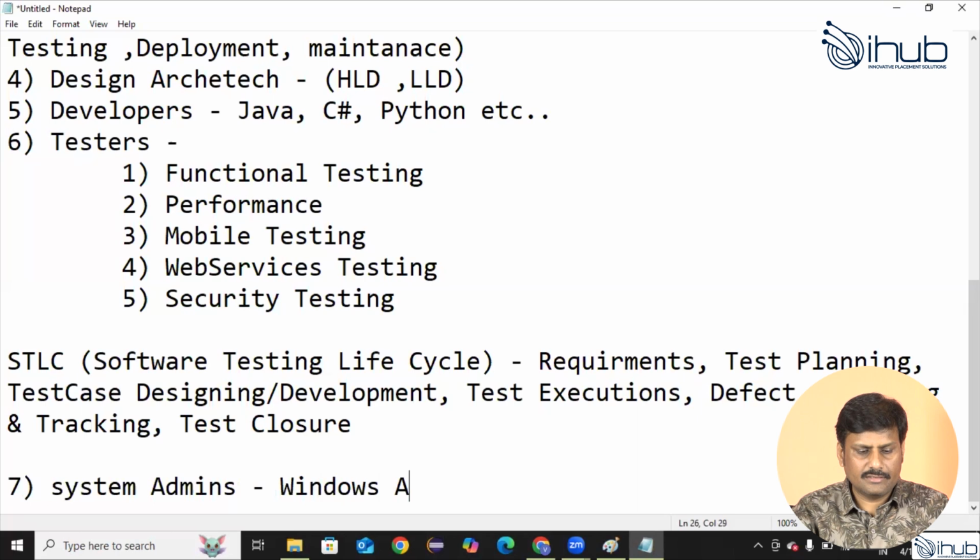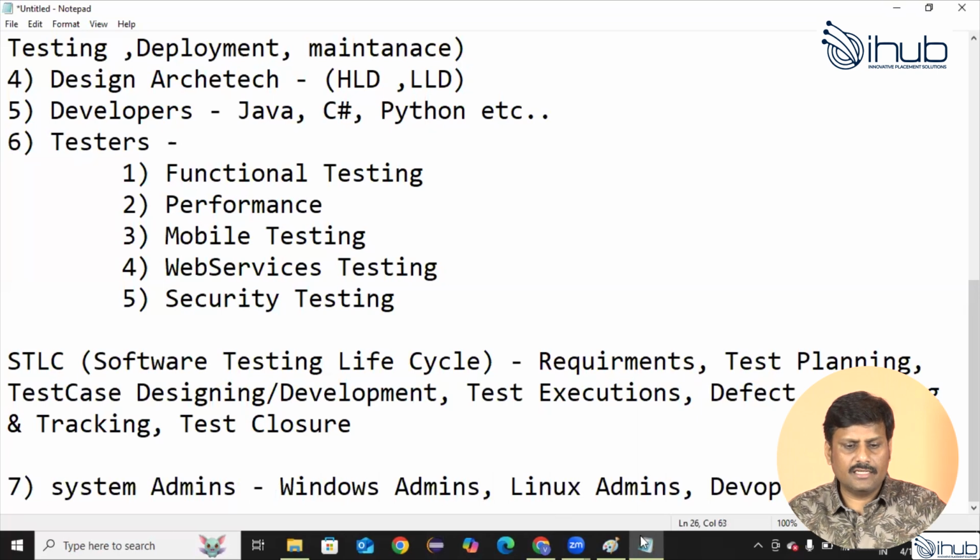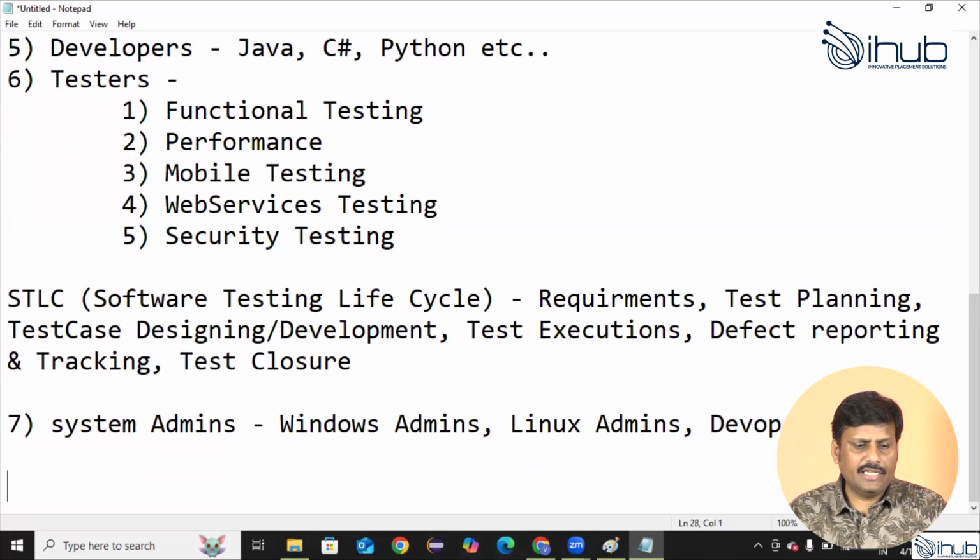Windows admins, Linux admins, DevOps admins. These are the guys who will initiate the deployment of whatever SDLC process we followed to design the requirements, to develop the requirements, to test the requirements. After every process completes end to end, then at the last stage the admin people will be involved in deploying this into the production